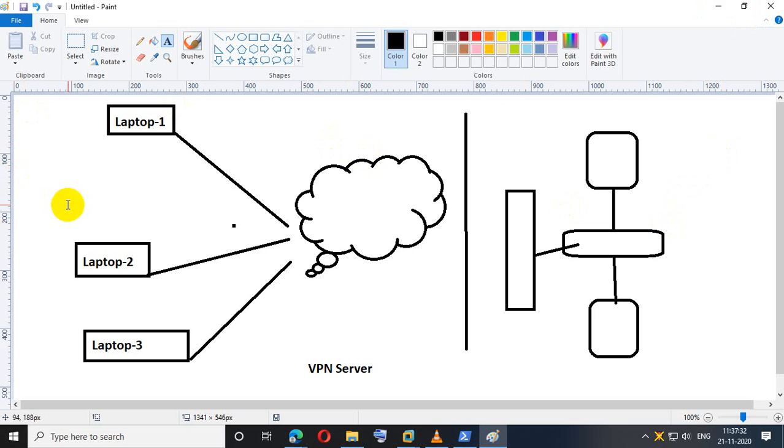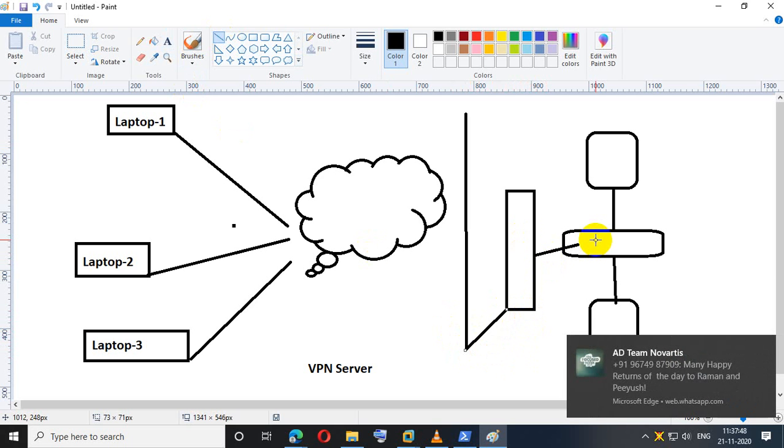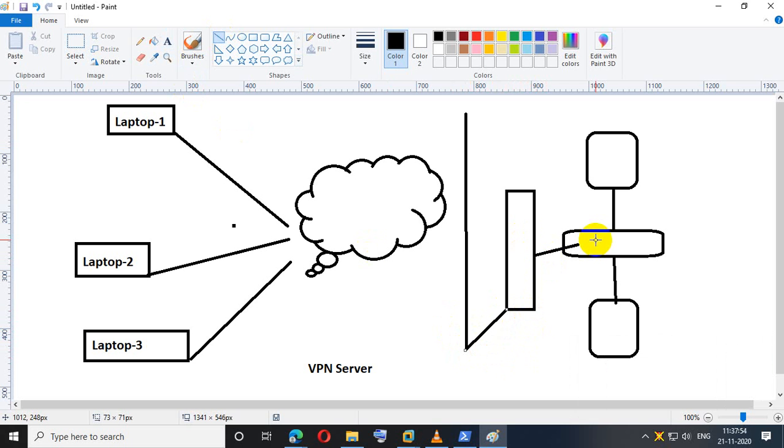Here we will create the scenario. First I will build my VPN server, and the VPN server has two ports. One port is connected to the internet, and the other port is connected to the local network. Last time, before Diwali, we also tried the same thing, but my VM network was not supporting connection to my base machine's network. After certain changes and modifications, the issue has been solved.